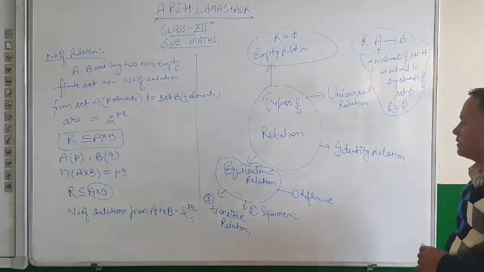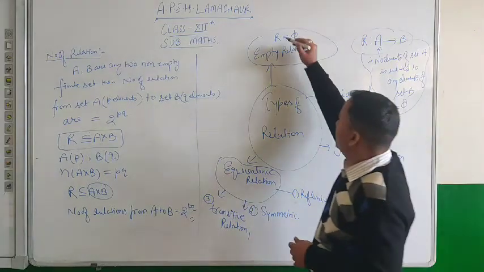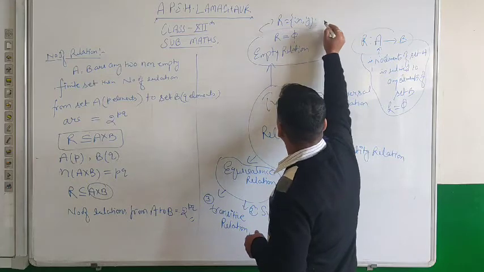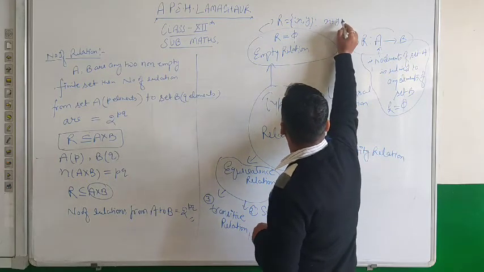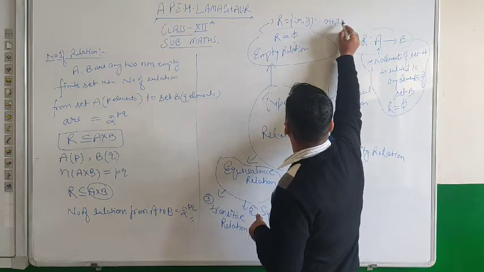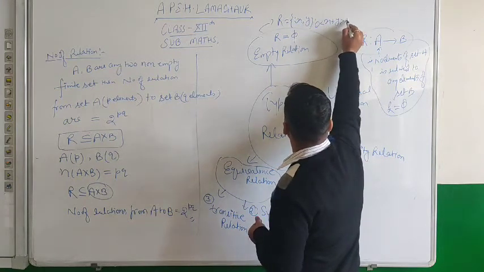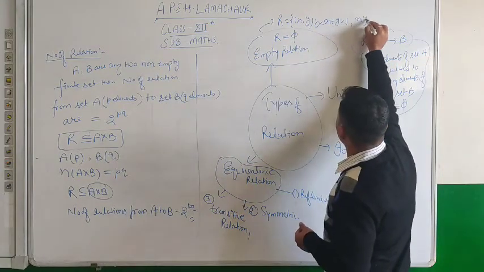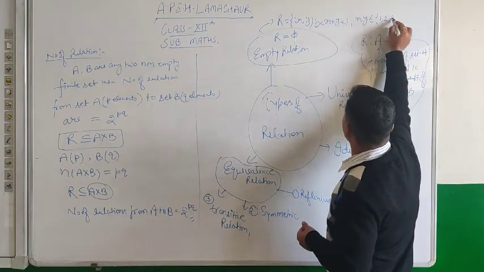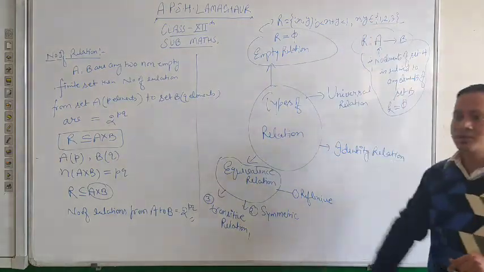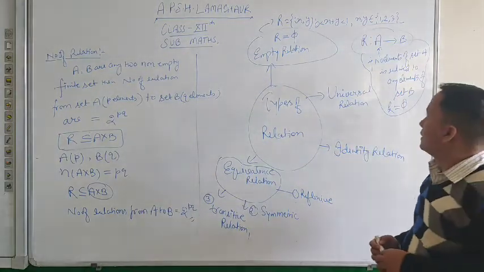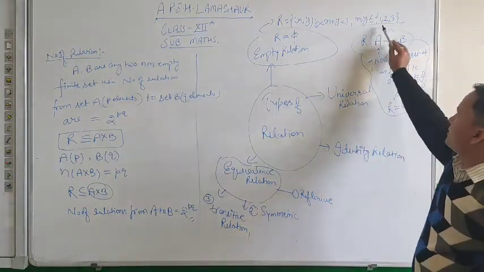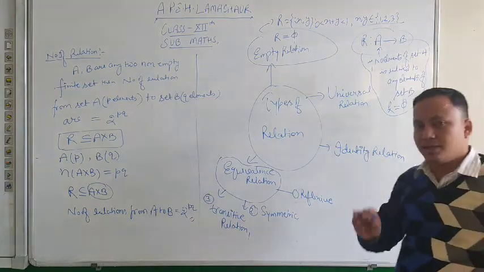Okay, I can give you an example for it. Like let a relation is defined as an ordered pair xy such that x plus y is always greater than 0 and less than 1. Okay, where x and y both belong to a set having 1, 2, 3 as elements. Now focus on this example. Since x and y are related, x and y belong to a non-empty set having 1, 2 and 3. Only 3 elements are there.